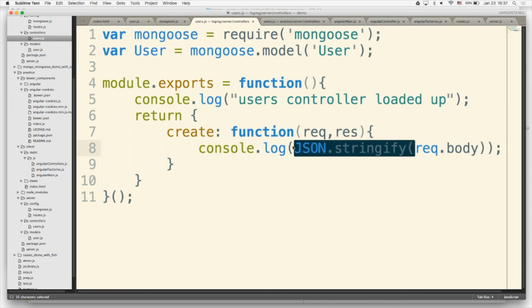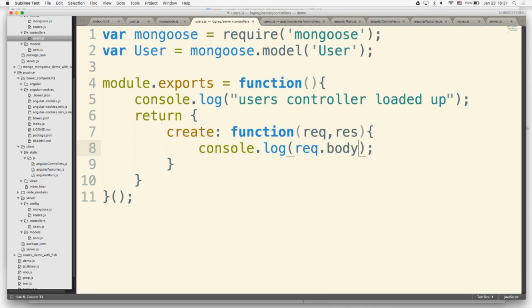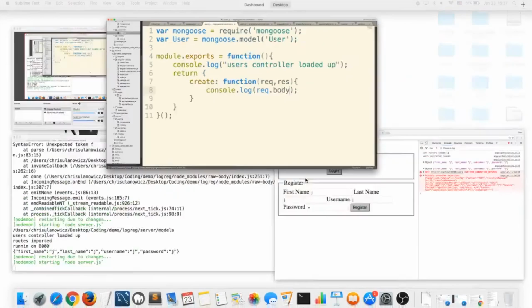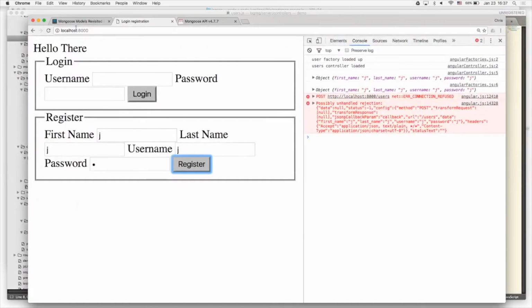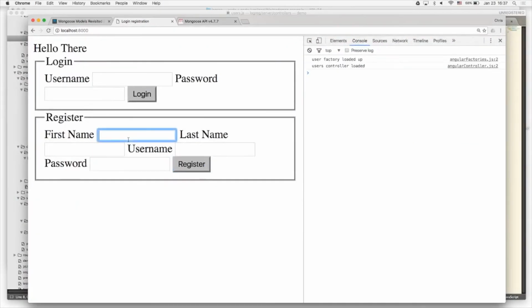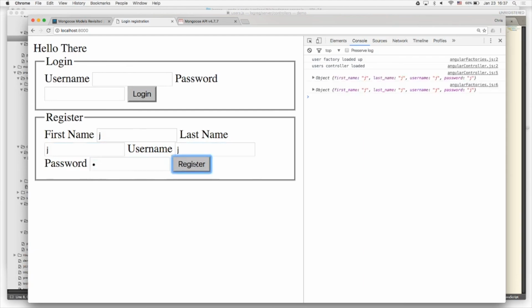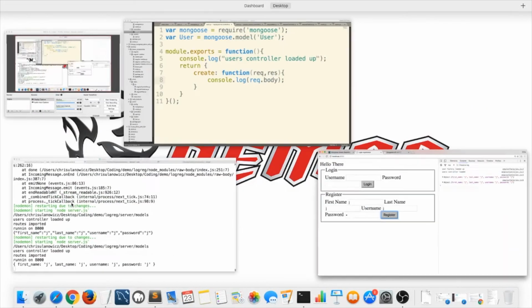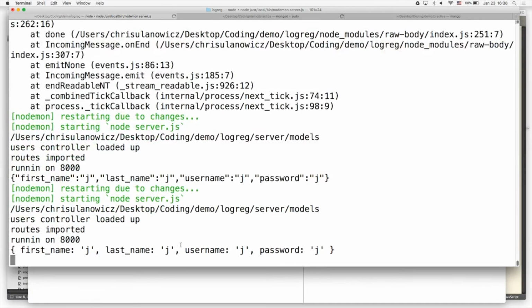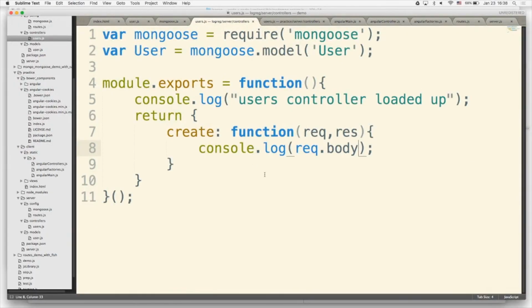I don't even think I need to do this. Let's find out. I think I do need to do that. Still fine. Okay, still fine. So back on our controller, we've got our rec.body. It is the user. So now let's go ahead and create